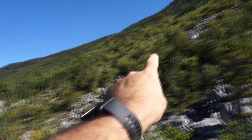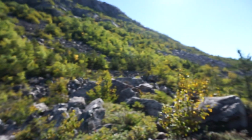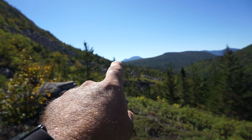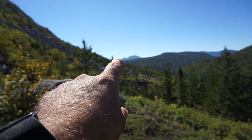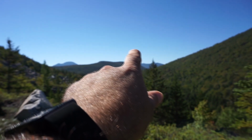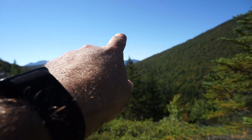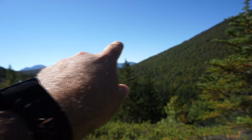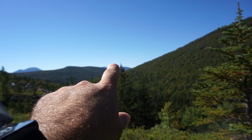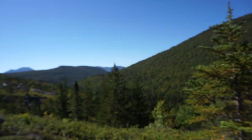And then behind us is a bushwhack mountain, which is Whitewall. You can see from Zeacliff pretty good. And then over there, that tall one, we got Vose Spur. Hard to point to with the sun. The Vose Spur, there's like a little hump in the middle. That's just a hump, and then you got Carrigain. And then I think Hitchcock's over in here somewhere. And then behind here, I believe that is the Bonds right there. I'm not positive on that one, but I thought it was the Twins, but it looks more like the Bonds, or it could be the Twins. I think the Twins are more over here. Zealand's there. But anyways,